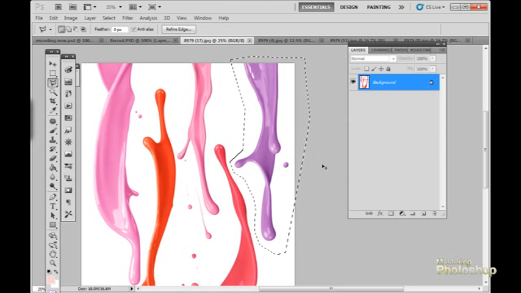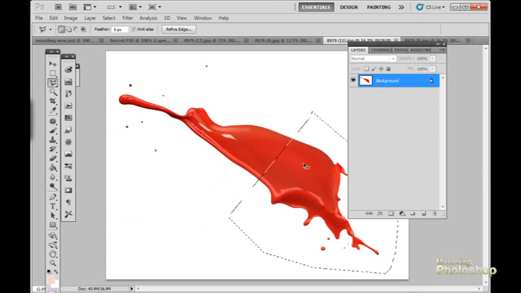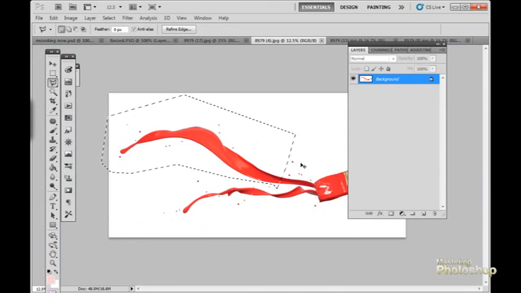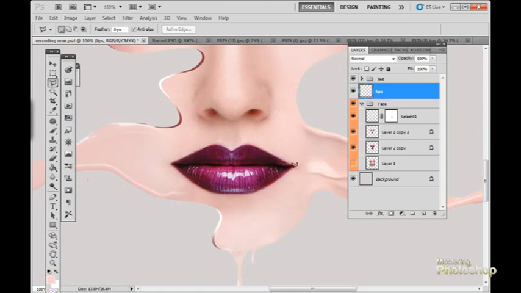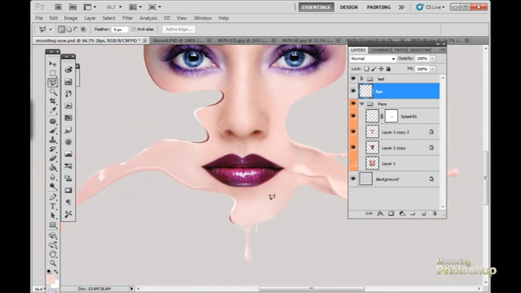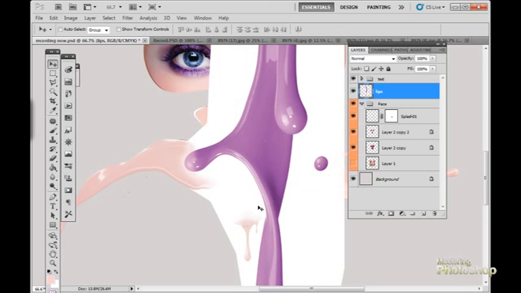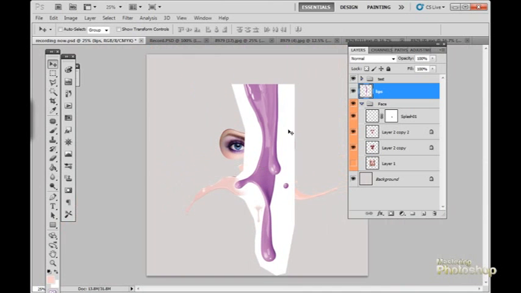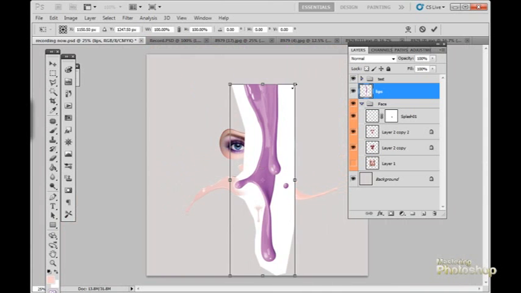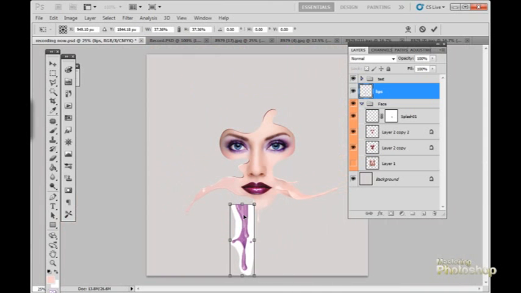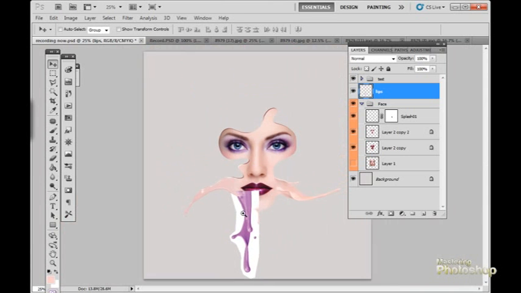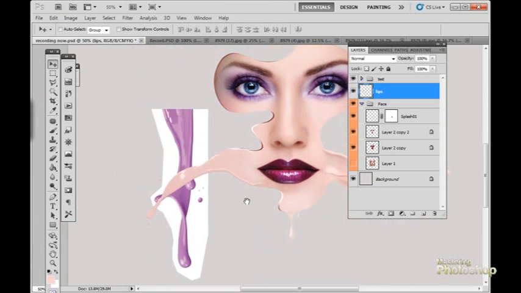Copy, Ctrl C. Let's go back to the project file, and on a separate layer let's have this lips or the drip image pasted with Ctrl V. Scale it down, and before scaling it down too tiny, let's